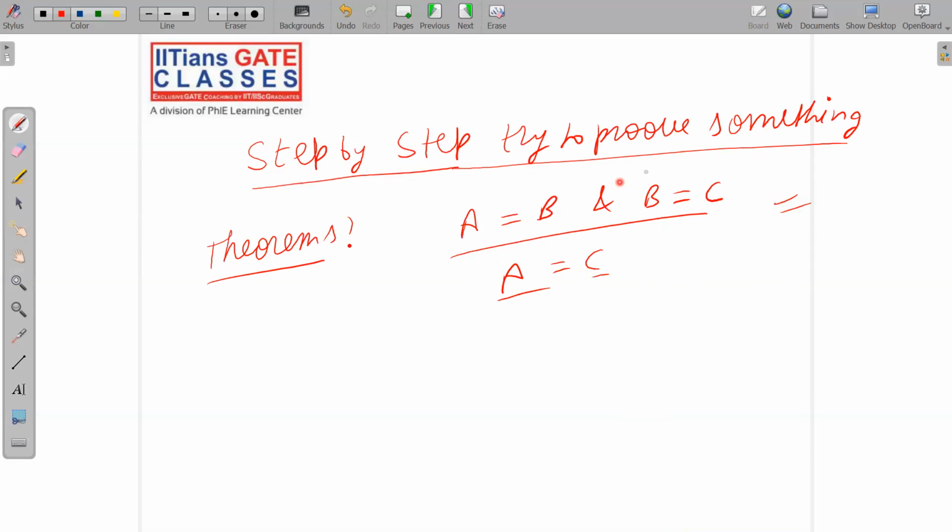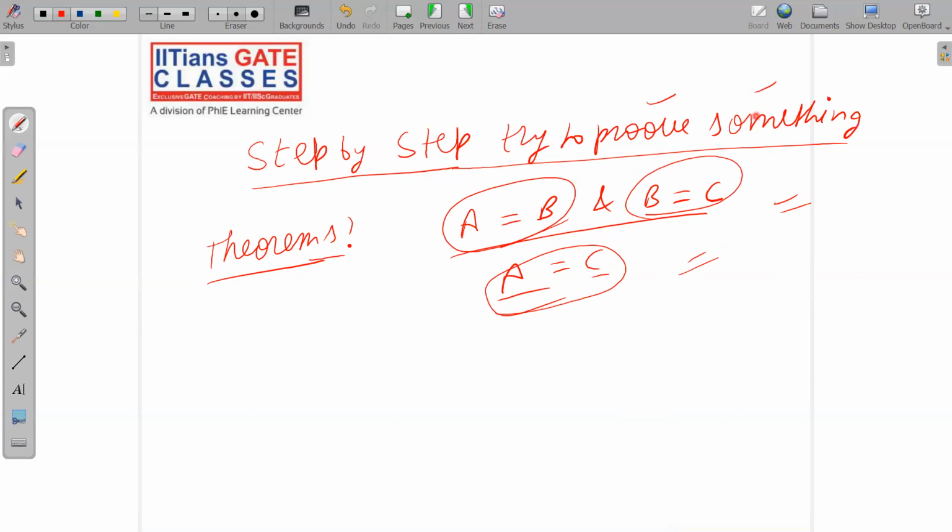So this is the simplest example of logical statements. We say that A is equal to B, B is equal to C, so the final conclusion is A is equal to C, and so on. In mathematics, and in lots and lots of areas of many subjects, we use logic to prove something. So simply, I can say that the basic aim of logic is to prove something, that it is true or false.